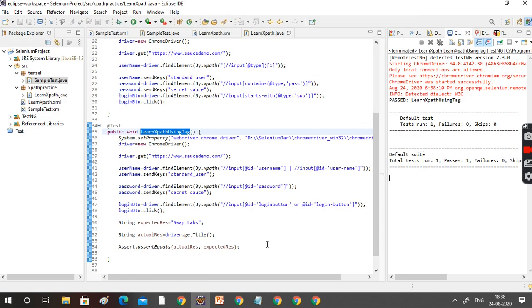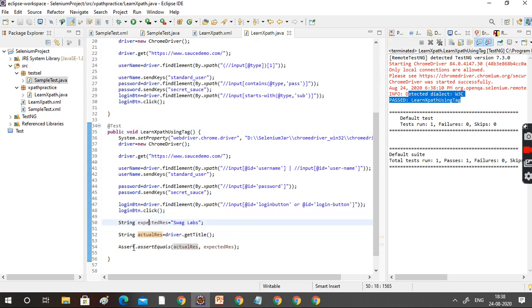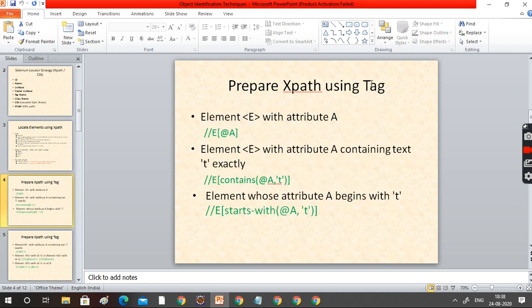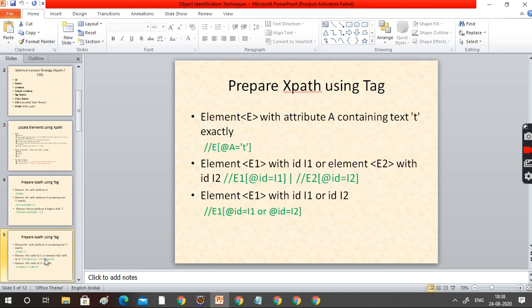Your test case is passed, right? Your actual and expected results are matching. So this is the tag technique: preparing XPath using the tag category. Fine. Now let's go for the next technique.